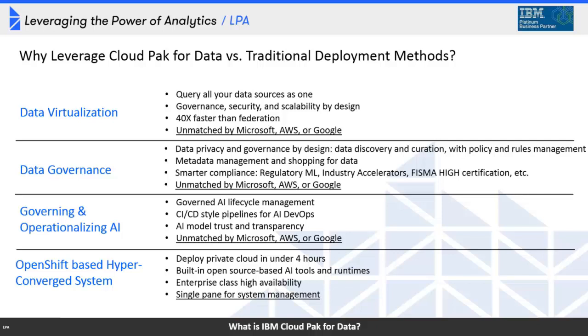And then finally, the management across all of the different cloud technologies that you might find reasonable, whether that's your own private cloud, whether that's a cloud from a third-party vendor like IBM or AWS or Microsoft. This notion that there is a single platform built on open source technologies using the containerized software approach that virtually all commercial software is going to be adopting over the next 10 years or so. High availability, a single plane, a single cockpit for system management that you can scale as needed. You can move from cloud to cloud as needed, and it's built in